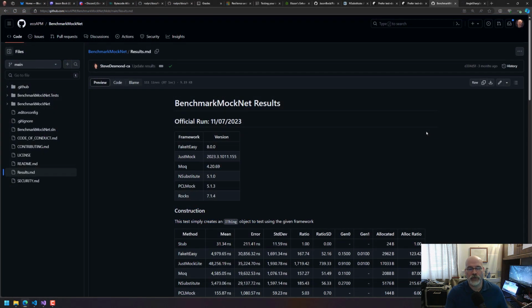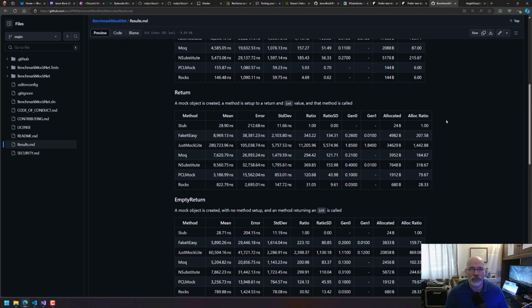This is also shown with BenchmarkMockNet, which is a repository that somebody created to compare all the mocking frameworks. I added in Rocks at some point in its version history. And I've been surprised to see that Rocks is consistently the fastest and consumes the least amount of memory compared